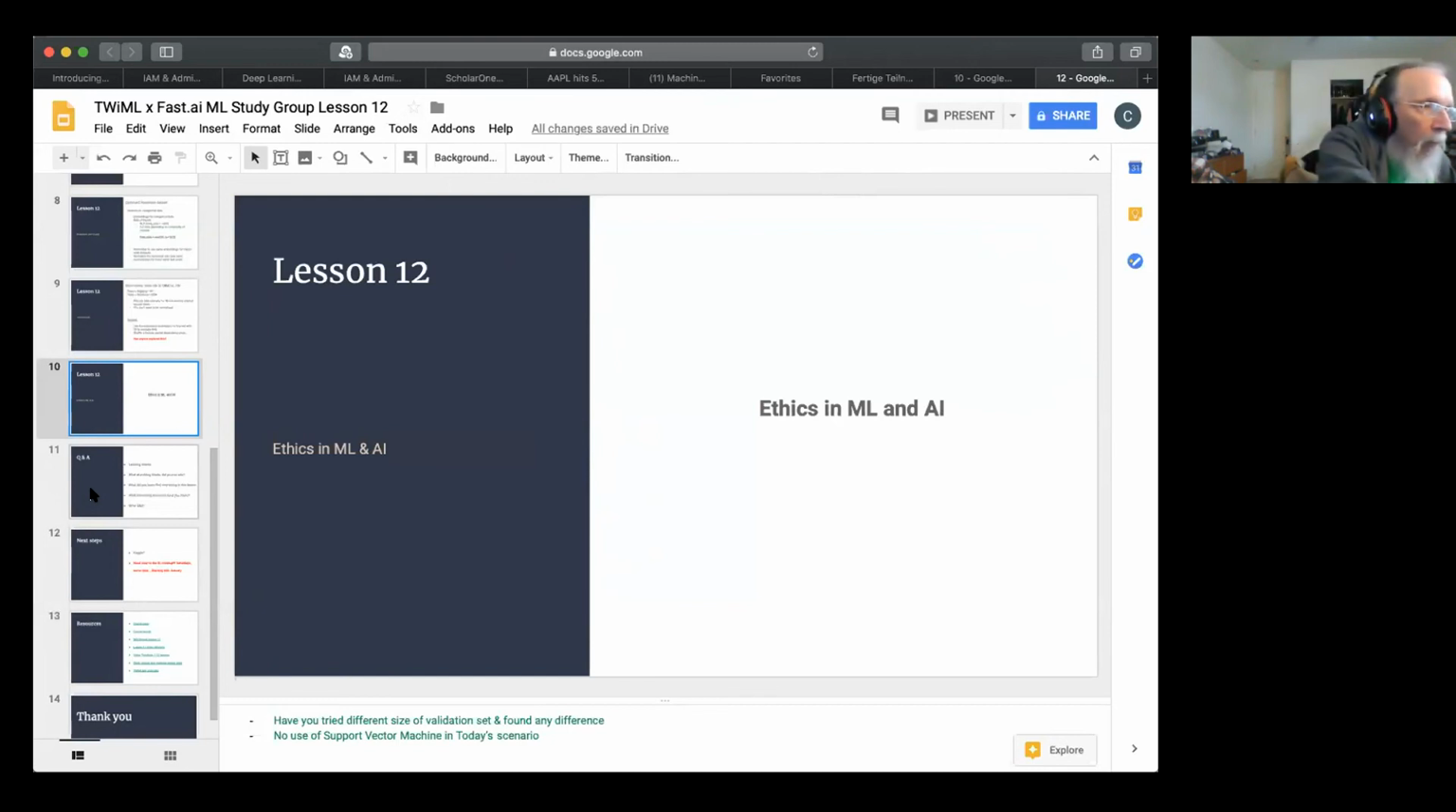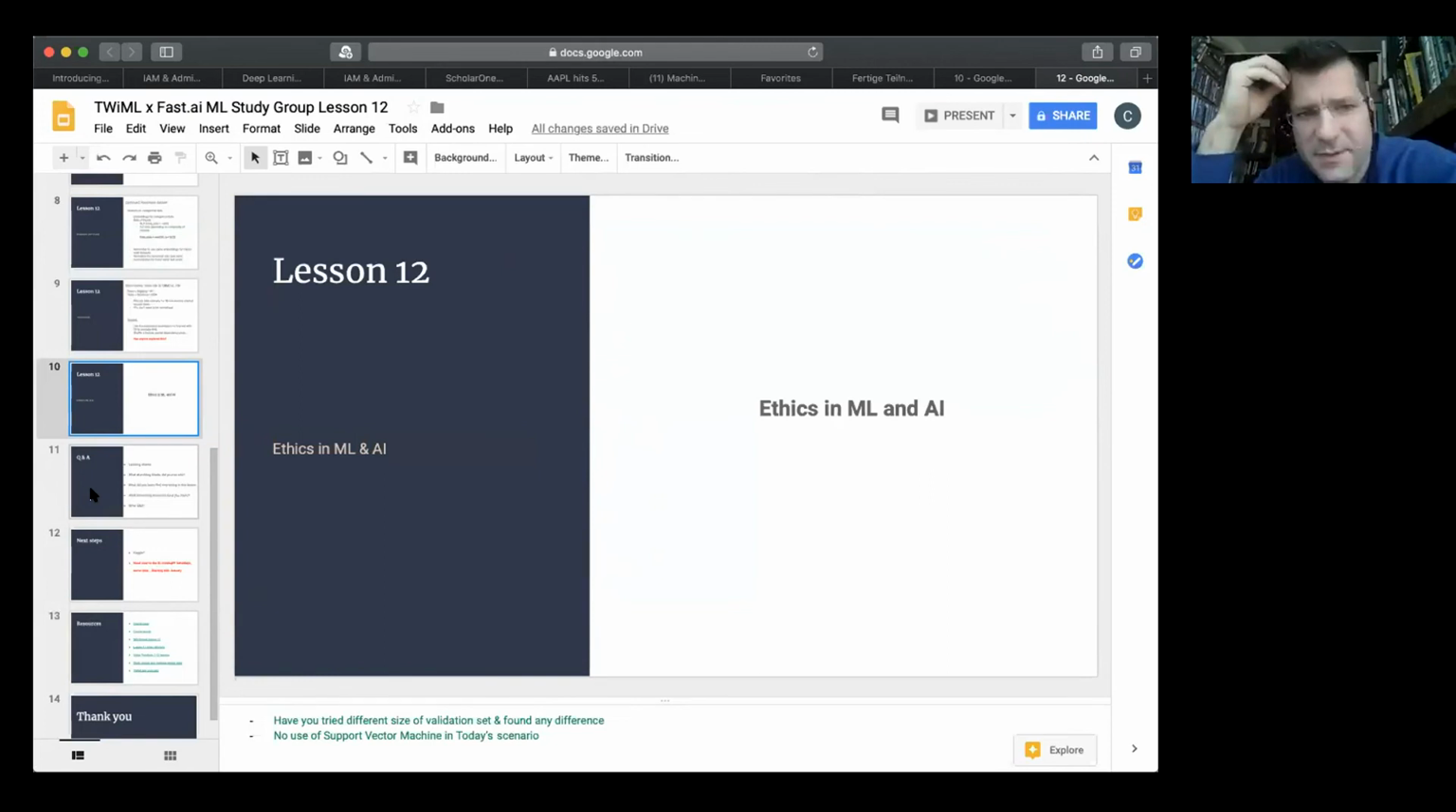Right. Yes. On a related subject, I was just curious if any of you had come across the Montreal Declaration for Responsible AI, and whether you think,